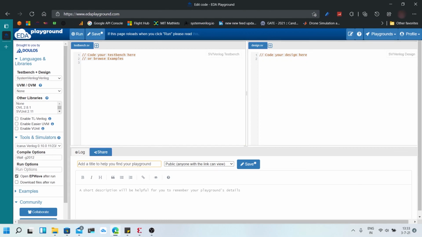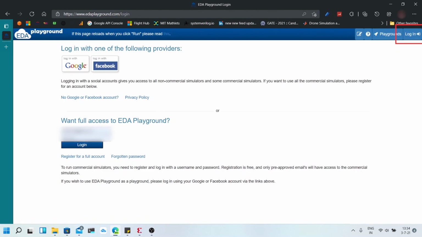Before you can run any code in this playground, you need to make an account or log in to EDA Playground, which you can do by clicking the login button. As I have already logged in, it is showing my profile. If I log out, you will see that the login option comes here. You can log in with your Google or Facebook, or if you have an institutional email ID, then you can directly log in with that and have full access.